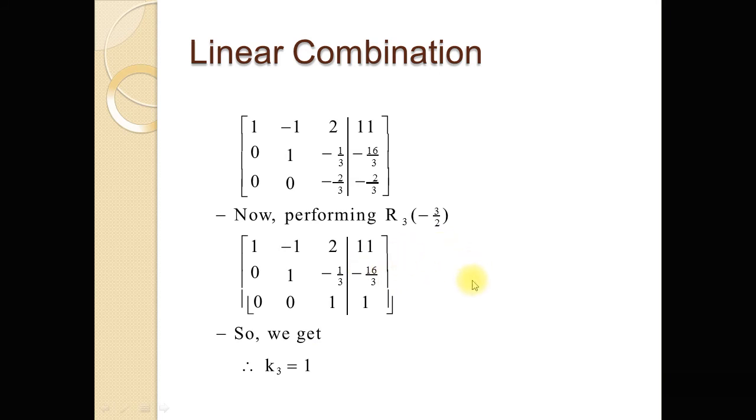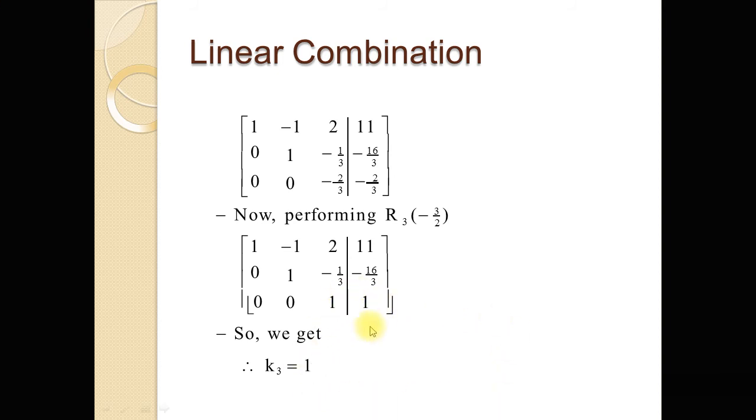So in this case the system is consistent, and since the system is consistent, it means vector v can be expressed as a linear combination of the other 3 vectors, v1, v2 and v3. After solving this system, we obtain the values of k1, k2 and k3. Then we can verify our result by putting them in the equation v = k1 v1 + k2 v2 + k3 v3. If the left hand side is equal to the right hand side, then we can say that the vector v is a linear combination of v1, v2 and v3.